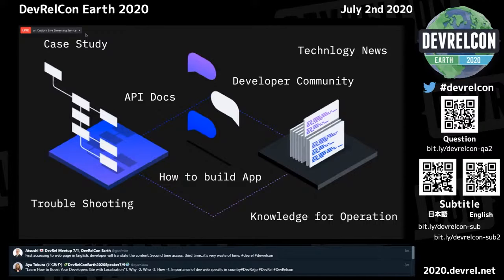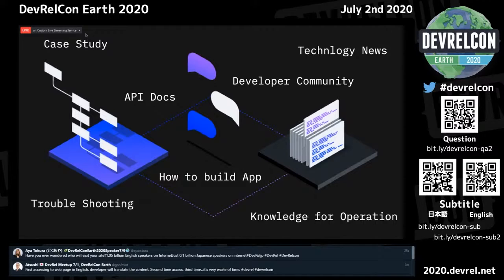I guess that if you have your own developer site, probably you have these kinds of contents on it, right? Why? Lots of developers, when they access a developer website, usually want to get this kind of information on the internet.